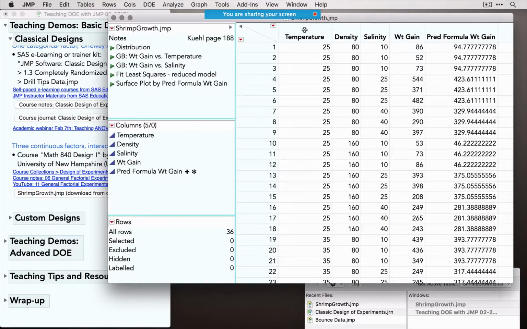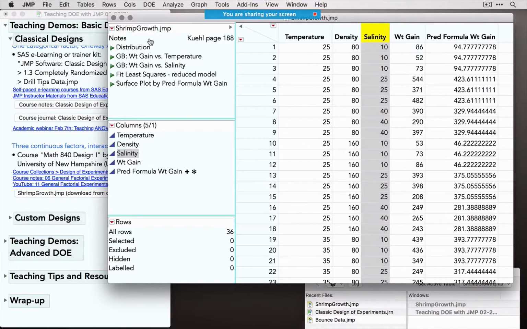So here we have 1, 2, 3 factors, and the response is the weight gain of our shrimps. And the question is, how can the weight gain be increased in the best way? With what temperature, density, and water salinity? So that's the question here, and the factors are